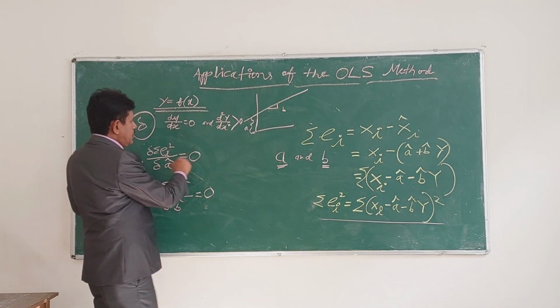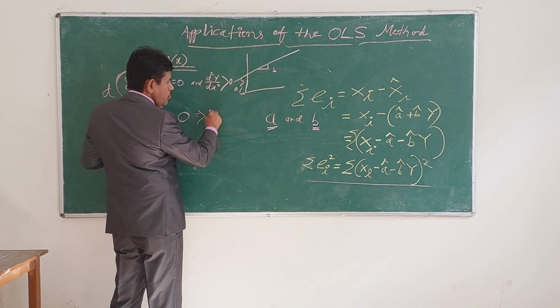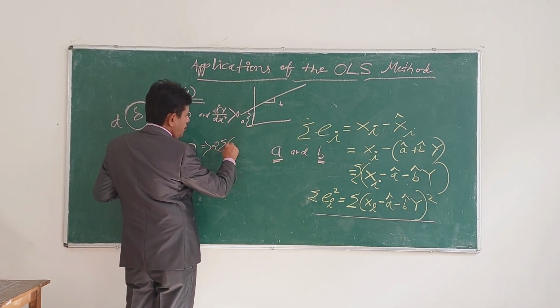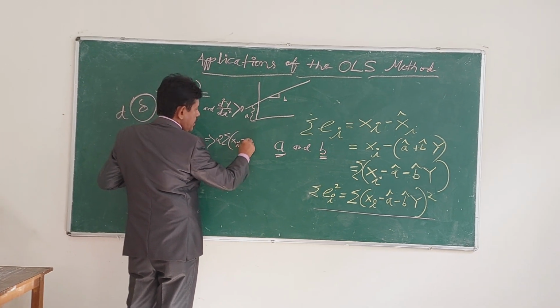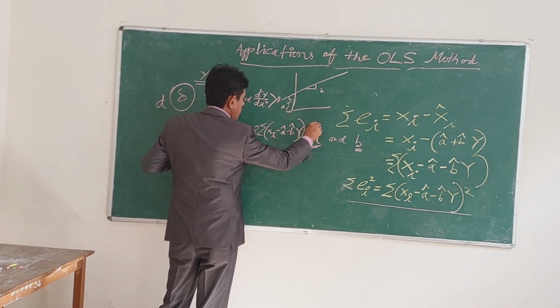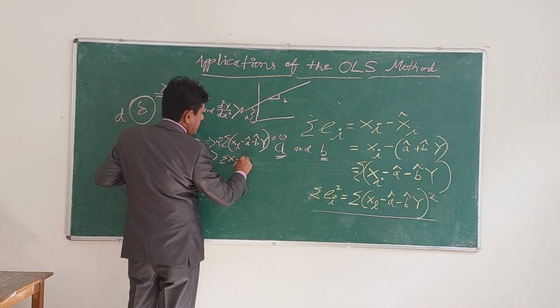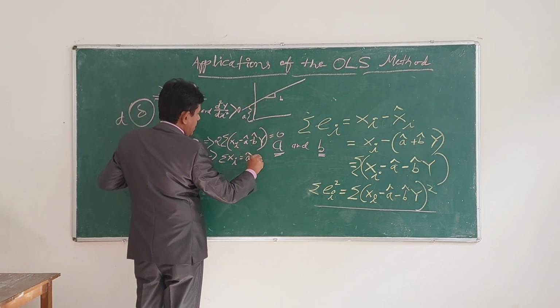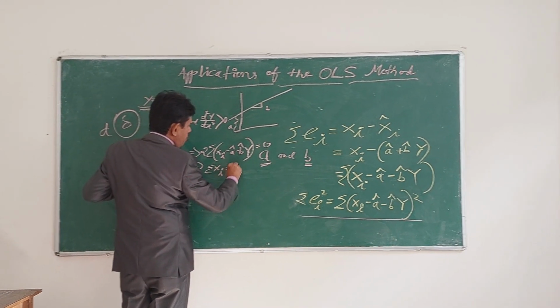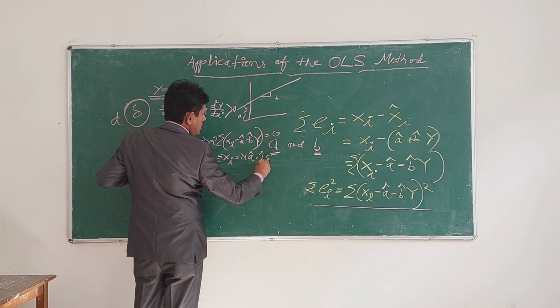So with respect to a, it will be twice summation of (xi minus a cap minus b cap y) equal to 0, or finally you shall get summation xi is equal to n a cap plus b cap summation